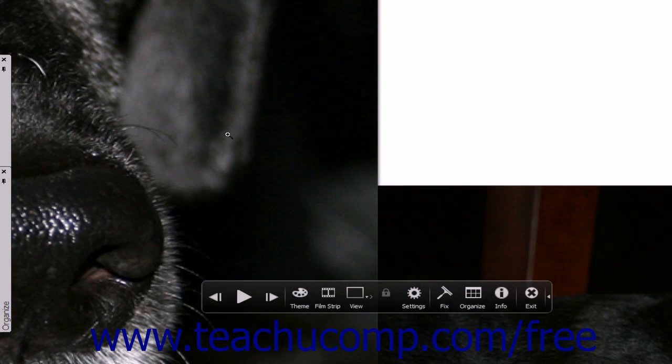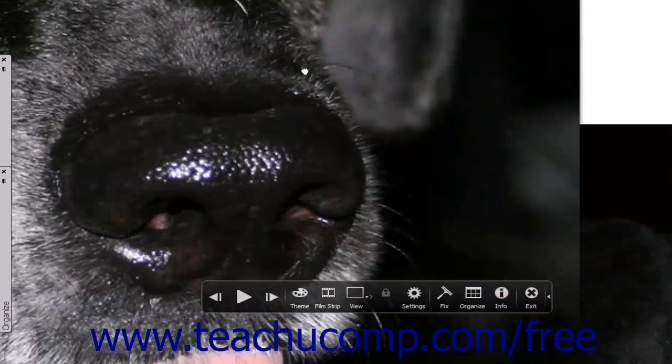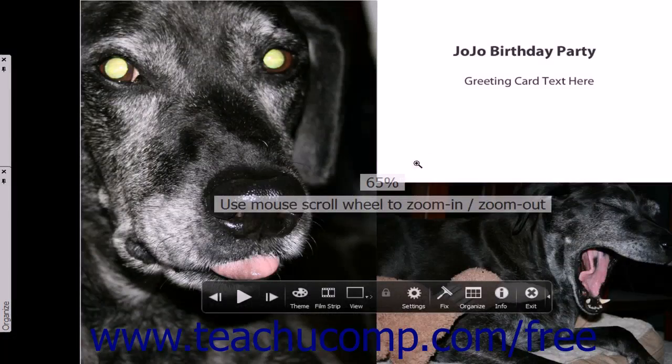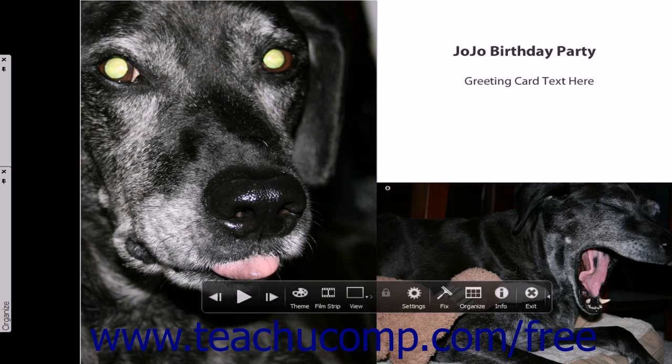If an image is shown at a magnification level that allows for parts of the image to be displayed off screen, you can click and drag the image to pan the image to display different parts of the image on screen. You can use the View button that appears in the toolbar at the bottom of the full screen view